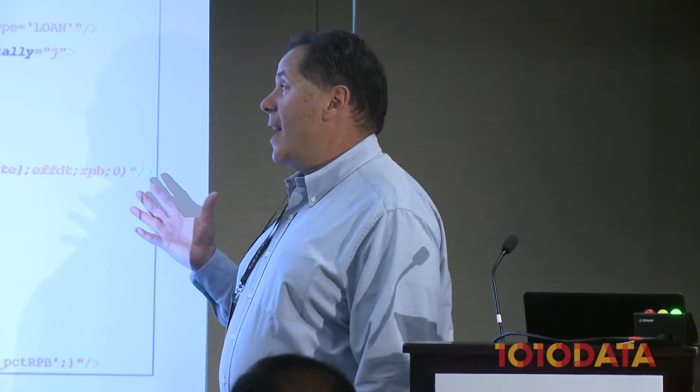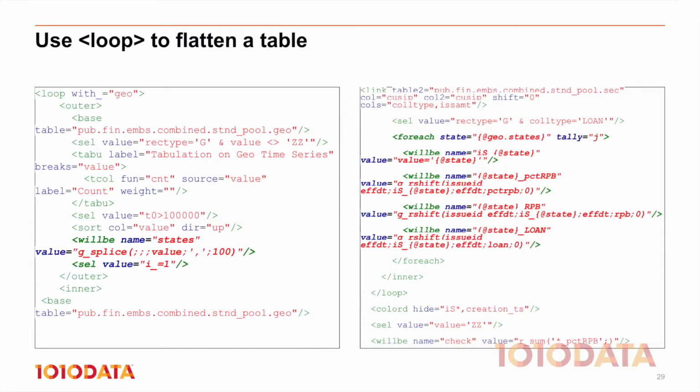This is a similar example. This is where we want to flatten out a table. We have a geo table where we have 40 or 50 rows for one month for one pool, and what we want to do is instead print it out so it's all in one row. So again, we do something similar here. We do a tabulation to get the names of all of the states that will be available to us. And we again set the record, the row count, equal to 1, and that value is passed in